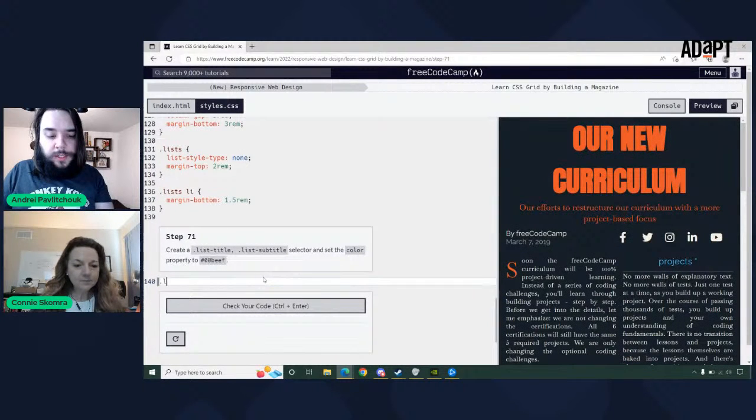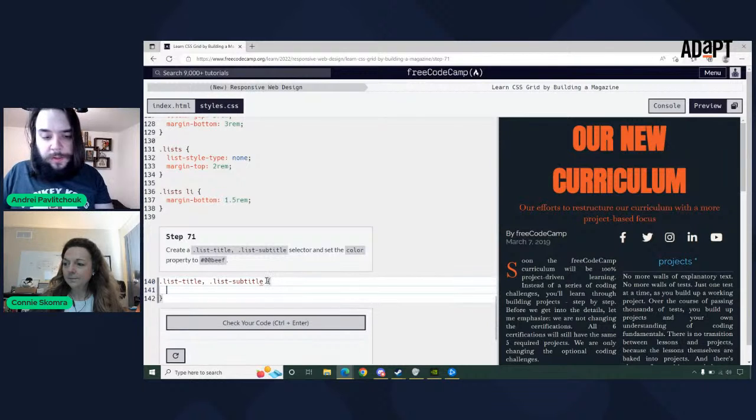Create a .list-title, .list-subtitle selector and set the color property to be